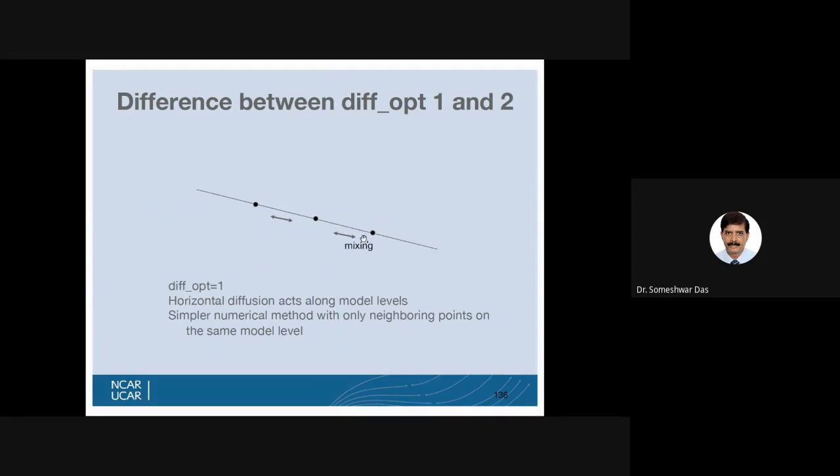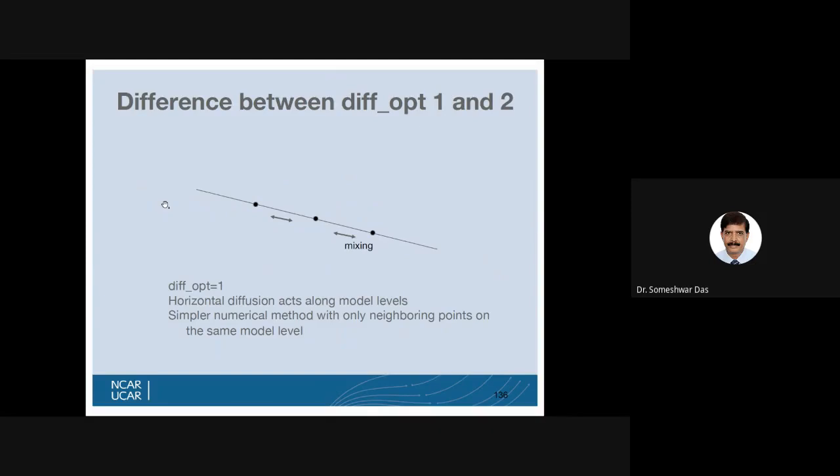Okay, this is illustrating a sigma surface of your model, and a sigma surface can be sloped also. It may not be perfectly horizontal. It can be sloped depending on the terrain. And let us say these are your grid points on a sloping surface.